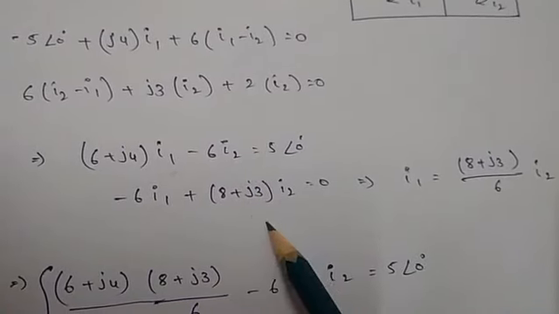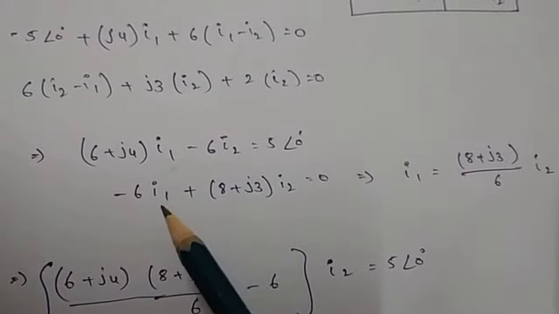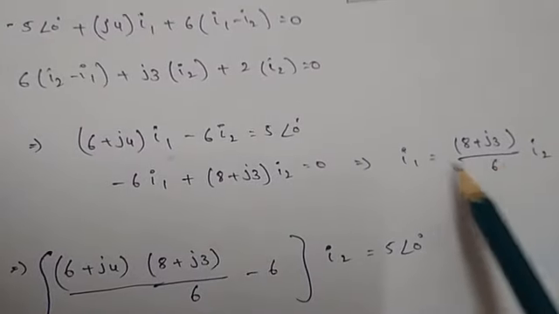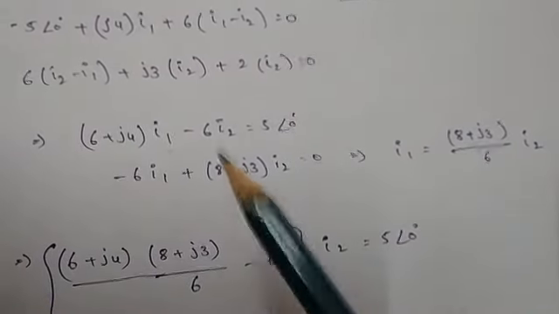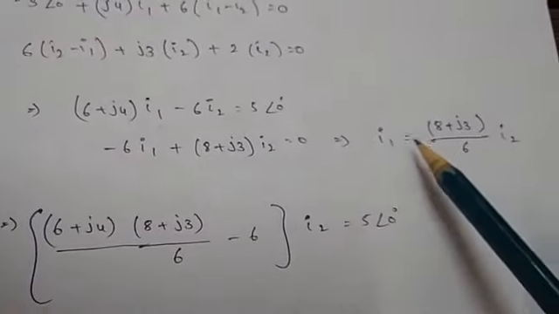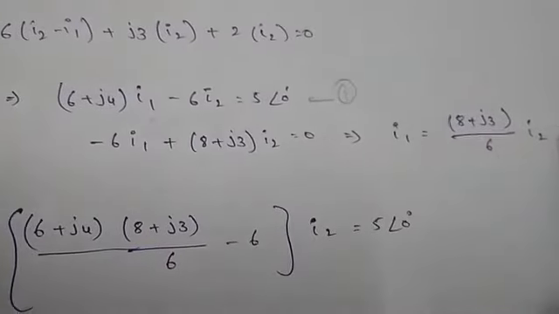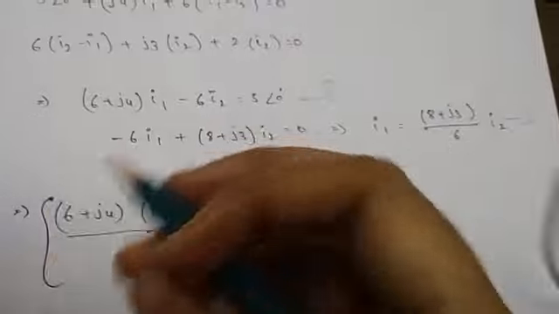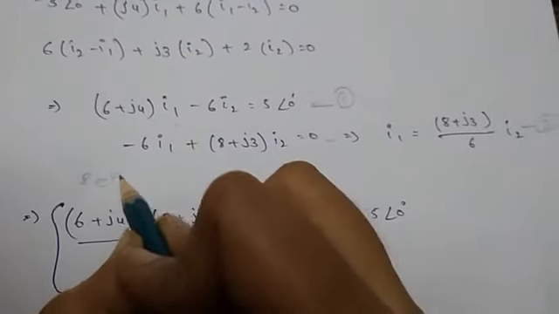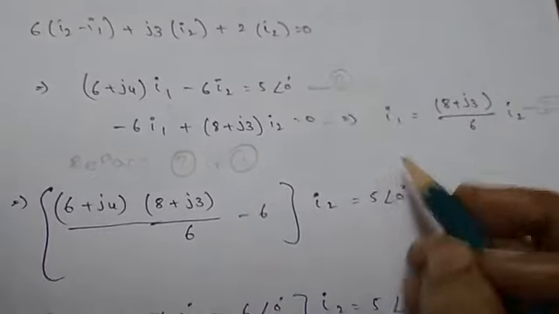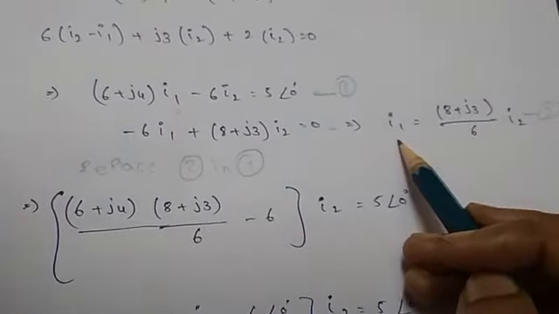Once I got these equations, I will try to get the variable I1 in terms of I2. After getting that, I am replacing it in the other equation. This is equation number 1 and this is equation number 2. So I am replacing it in 1. Here, in place of I1 I am replacing with 8 plus j3 by 6. So if I replace this one,